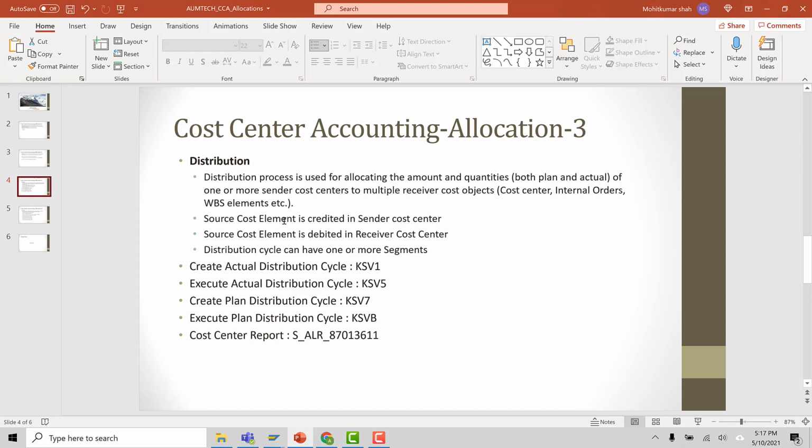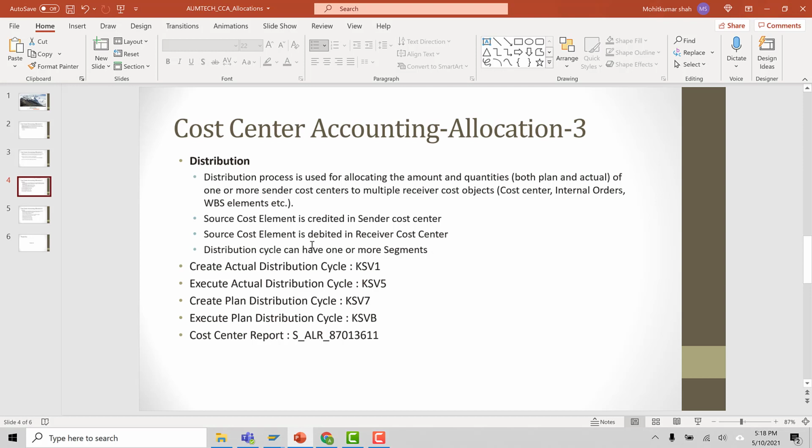So in the receiver cost center, you will receive value from one secondary cost element, and you will not know what all primary cost elements have been debited in the sender cost center. We will discuss in detail when we do the assessment.